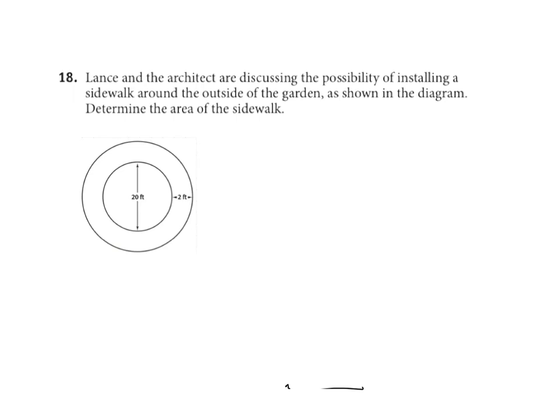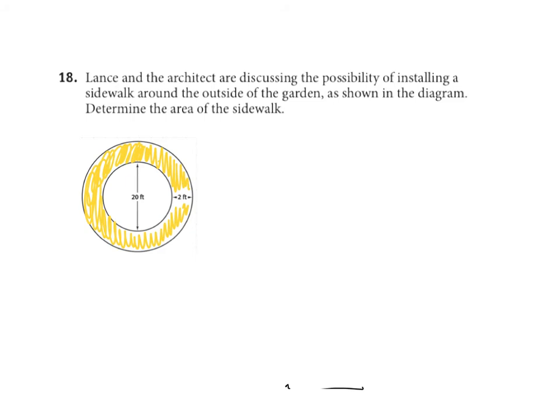Okay, so final step here in our problem is that Lance is deciding that he wants to put a sidewalk around the garden. That way people can walk around it and admire the flowers and all of that. So he's got to figure out the area of the sidewalk alone. Now keep in mind the area of the sidewalk, I'm just asking for this shaded part of the picture. This is the sidewalk going in a circle around the circular garden, and I want the area of only the